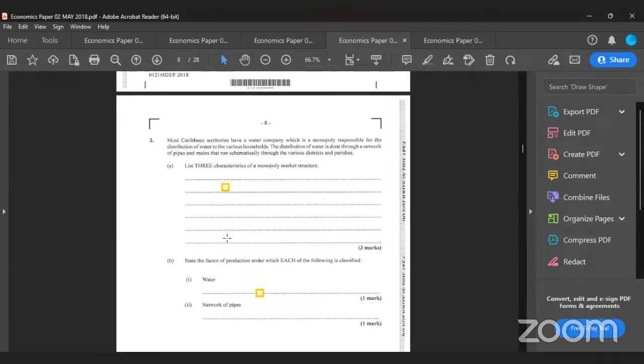Now, there are many, and again, as you guys had probably realized, this is a similar question to the one that we did a while ago. So they're asking you the same things, just in different ways. So even without clicking on the yellow comment button, we remember that monopolies have a unique product. They are the only firm in the industry, and they also have very, very high barriers to entry. So we know these things from before, right?